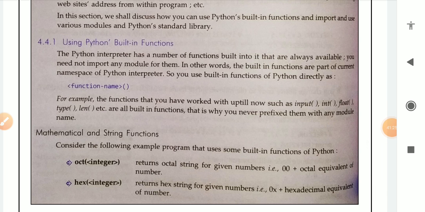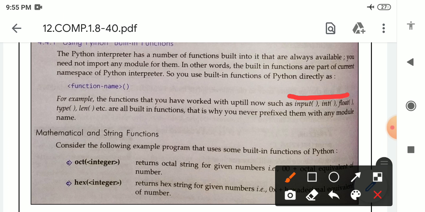For example, the functions that you have worked with up till now, such as input, int, float, type, len, etc., are all built-in functions. All these basic functions we have already used. These are all Python built-in functions which are available by default.